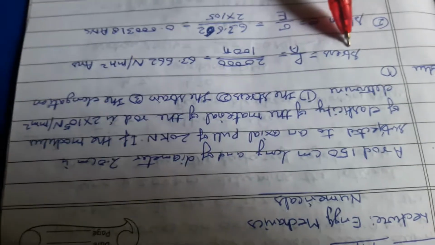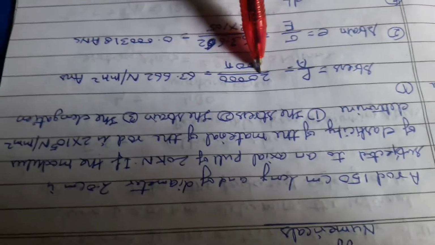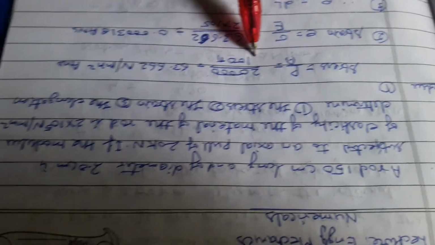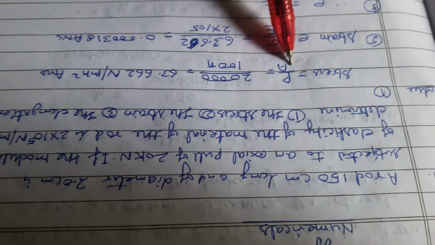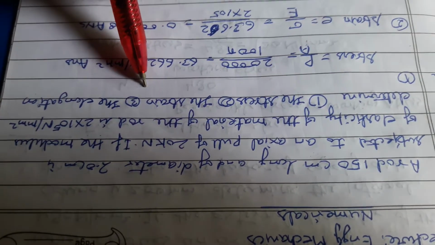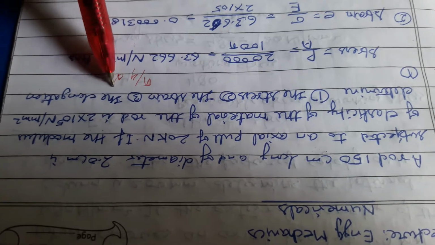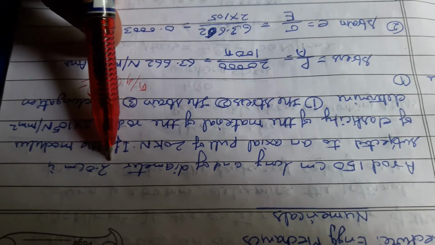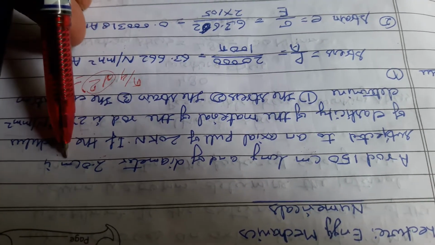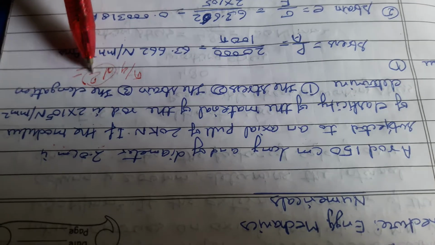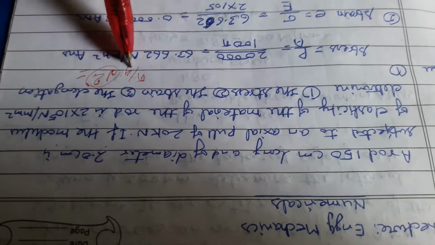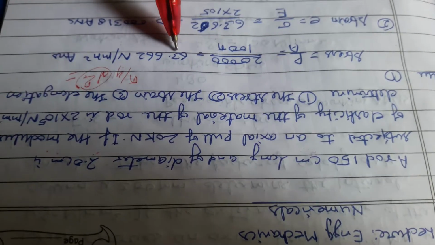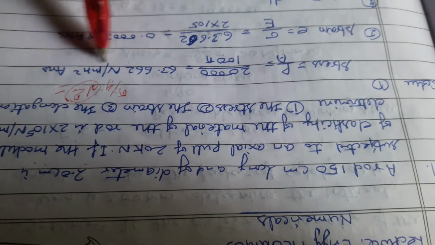So stress is equal to P upon A. By putting the value of load, 20 multiplied by 1000 Newton divided by area. What is area? Area of the rod is pi by 4 d square. By putting the value of diameter, and the diameter is given 2.0 centimeter. So dia will be 400 meter. When you put the value of 400 meter, you get the value of 100 pi. So the value of stress calculated is 63.662 Newton per mm square.